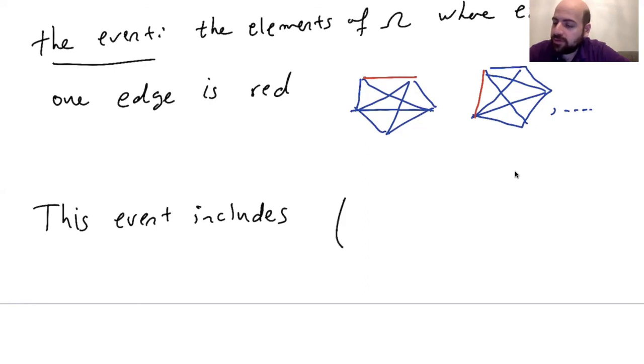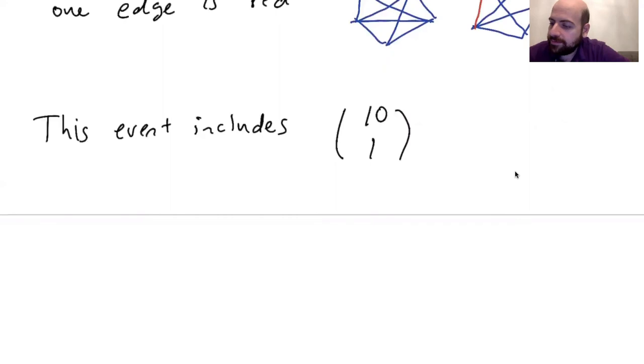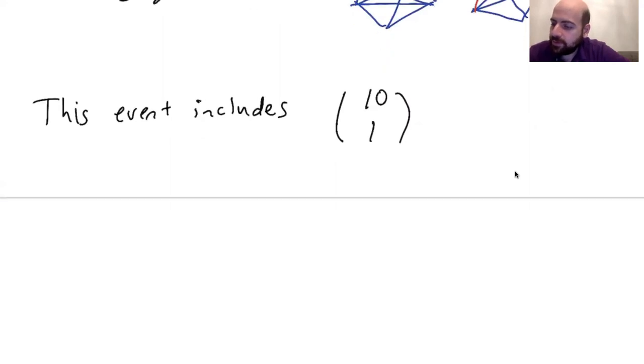I want to consider one of them to be red, and the rest have to be blue. So 10 choose 1 elements are here, and so P of A is equal to the number of elements of A